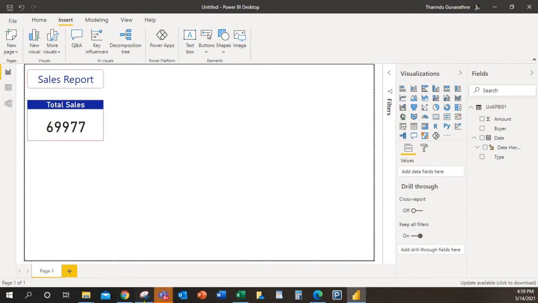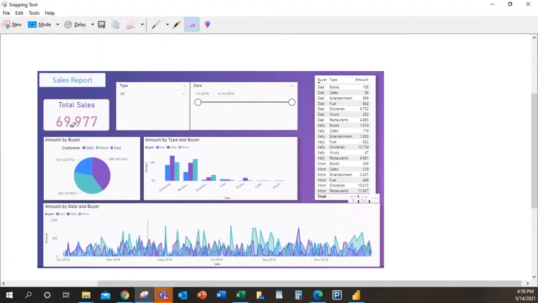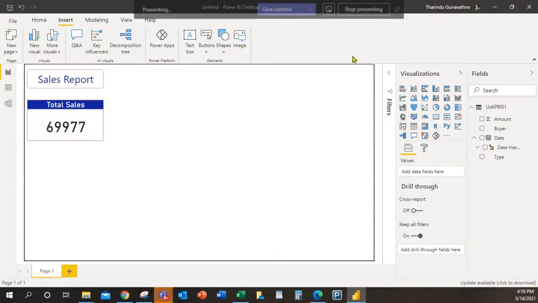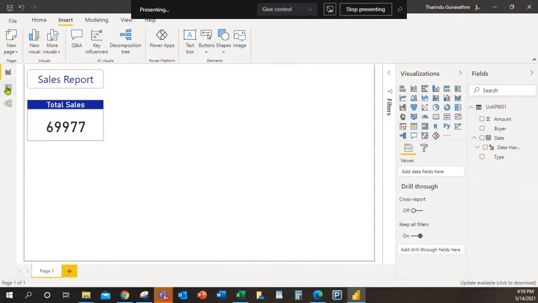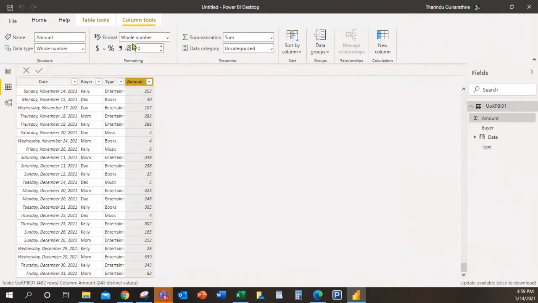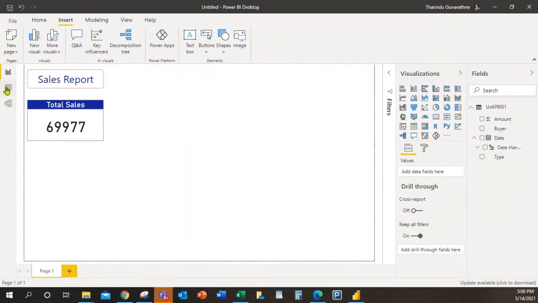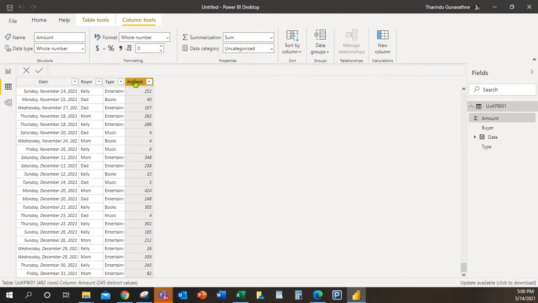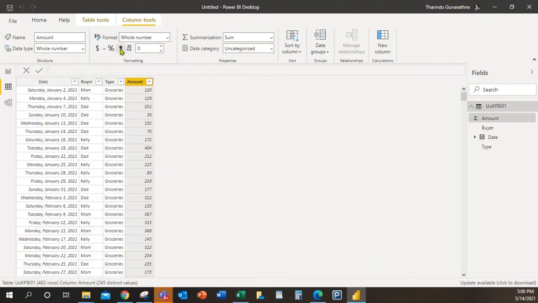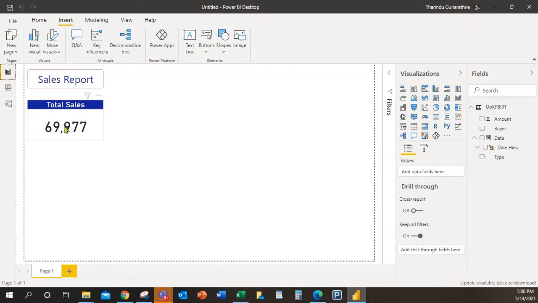Now let's say here you can see a comma, right? You can see a separator here. How can you separate it? When it comes to this data sheet, from here you need to apply this comma. You can apply this comma as a thousand separator. Then it will separate like this. Select the column and press this. Now what will happen? See, it applied to the card also. Now you are clear, right?